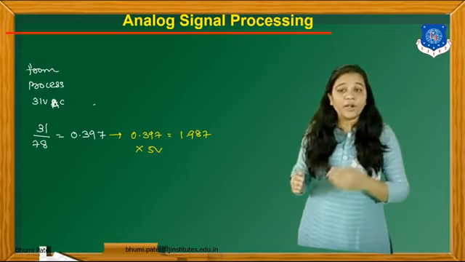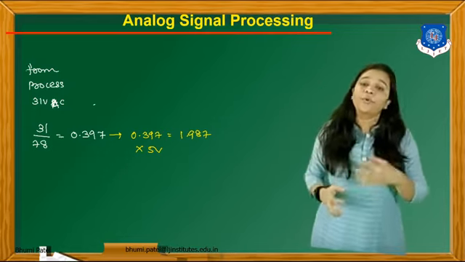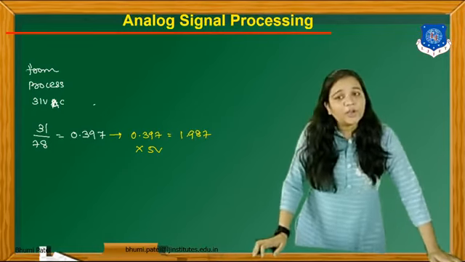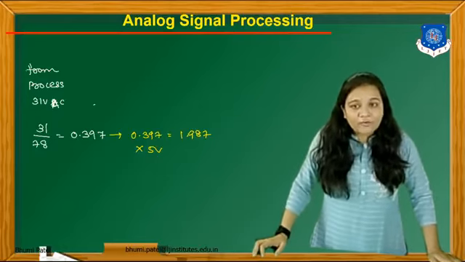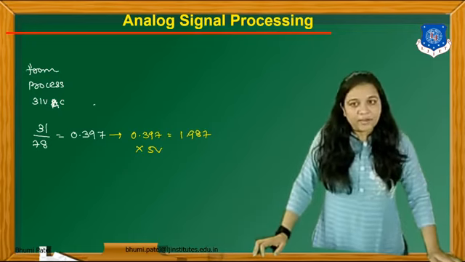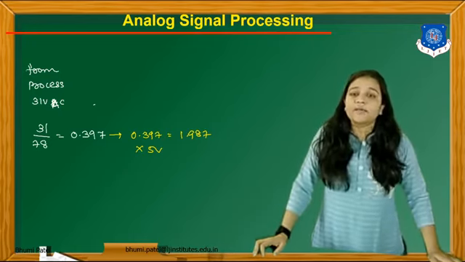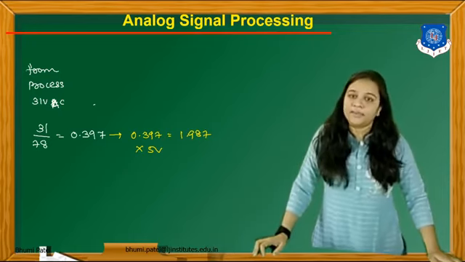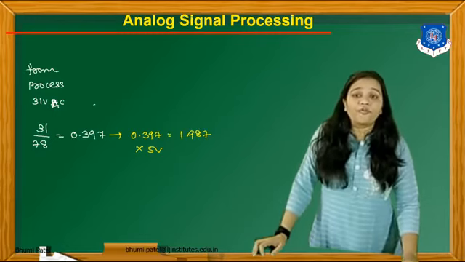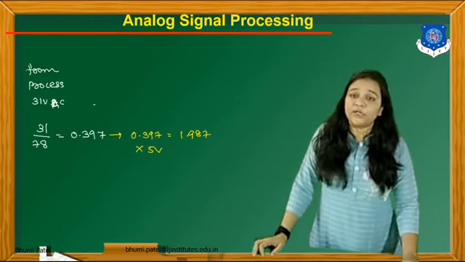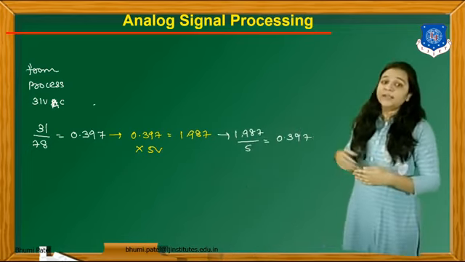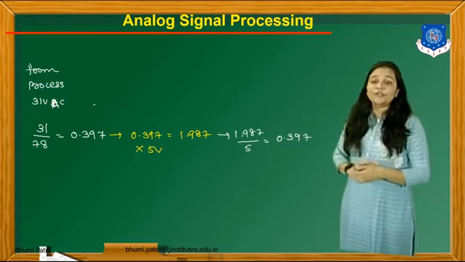After that we have to convert the AC voltage into the DC voltage using the required conversion. Whatever the answer is, we multiply it with the maximum DC voltage. Here the limit of the DC voltage is 0 to 5 volt. So we multiply 0.397 by 5 volt, which equals 1.987. After that we have to convert this 0 to 5 volt to 0 to 256. For that we again divide the answer by 5.